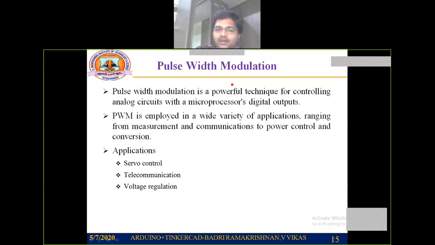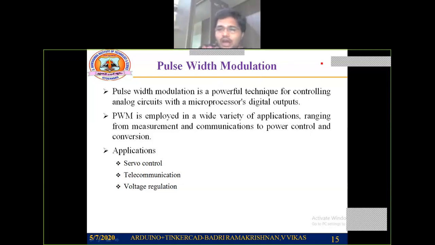Like, when we consider a regulator, you are going to control the speed of the fan, right? Maybe with respect to step 1, 2, 3, 4. Mostly you will find 5 different speeds with respect to a fan. Even, for example, if I have a cooler, you are going to have slow speed, medium, fast. Similarly, if I consider a DC motor or a normal car, always I won't be going with the same speed, right? I'll have variable speed for my vehicle also. So in such a case, how can I control that particular analog circuit by using Arduino? That is the question. So for that purpose, we are using the concept of pulse width modulation.